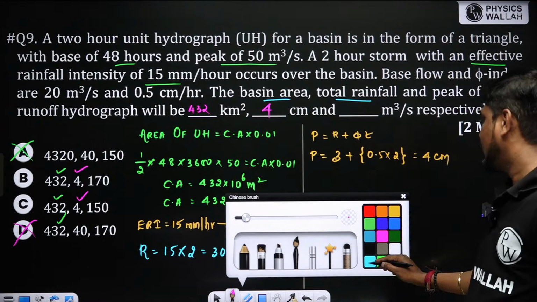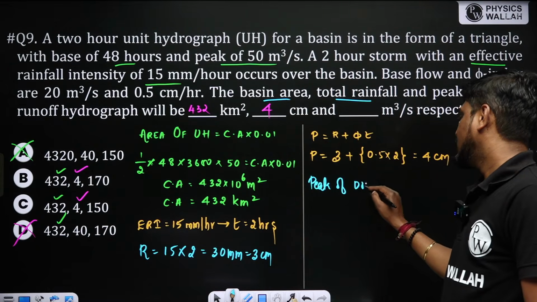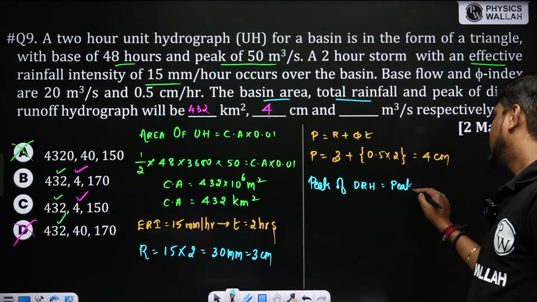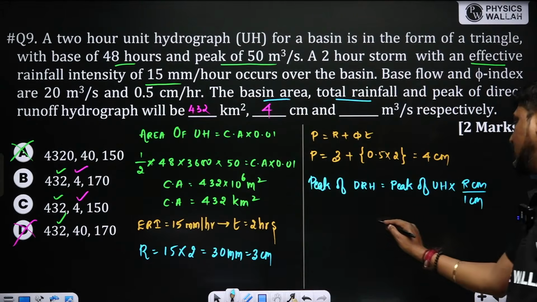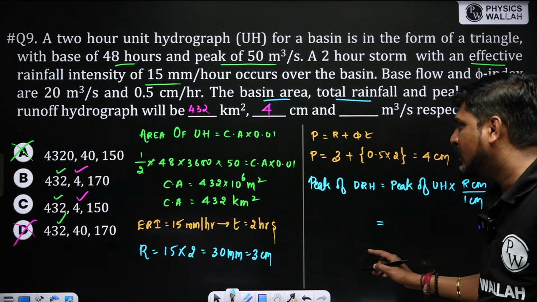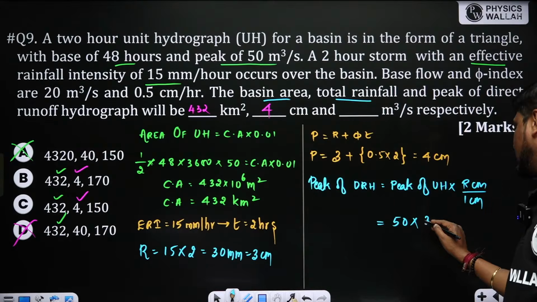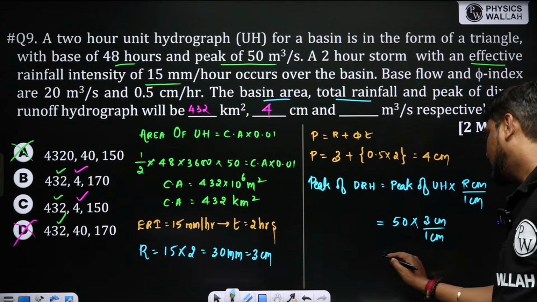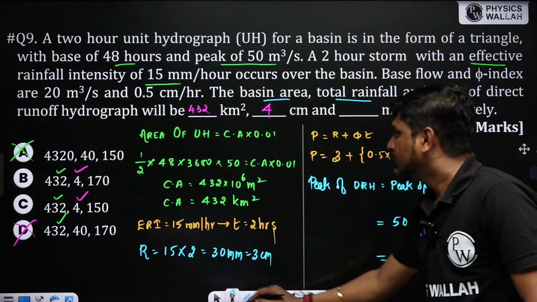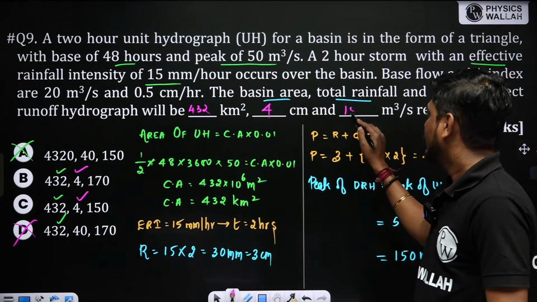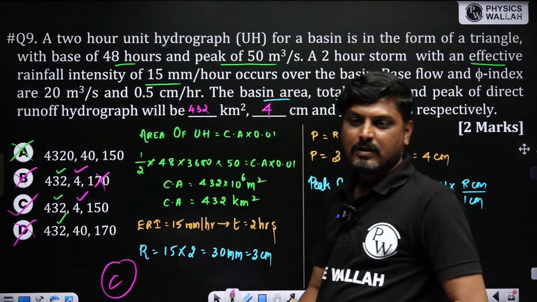सो लास्ट में क्या पूछा है? पीक ऑफ DRH। पीक ऑफ DRH कैसे कैलकुलेट करते हो? पीक ऑफ DRH इज इक्वल टू पीक ऑफ यूनिट हाइड्रोग्राफ इंटू R सेंटीमीटर डिवाइडेड बाय 1 सेंटीमीटर। सो पीक ऑफ यूनिट हाइड्रोग्राफ आपका है 50, दिया है इधर 50 इंटू R का वैल्यू 3, डिवाइडेड बाय 1 सेंटीमीटर। सॉल्व कीजिए, 150 मीटर क्यूब पर सेकेंड आएगा। तो पीक ऑफ DRH पूछा था, 170 गलत, सी।